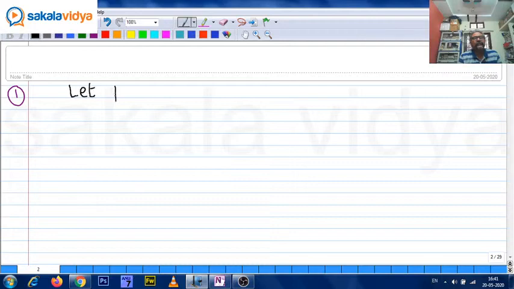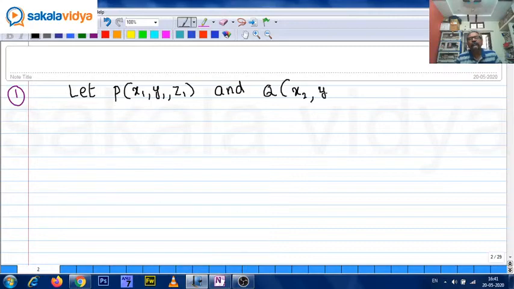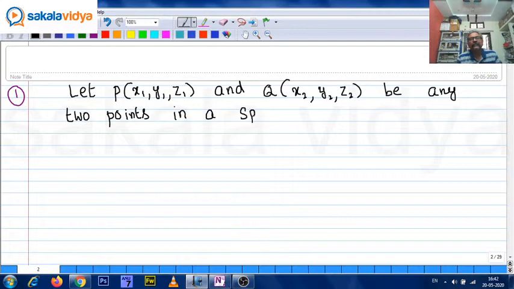Let P(x1, y1, z1) and Q(x2, y2, z2) be any 2 points in a space. Don't call it plane, it's not a plane, it's a space. In a space, then